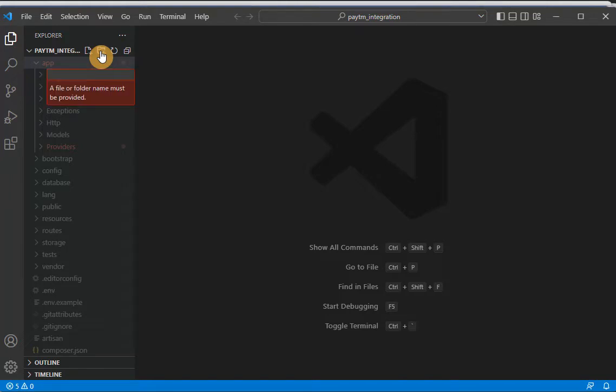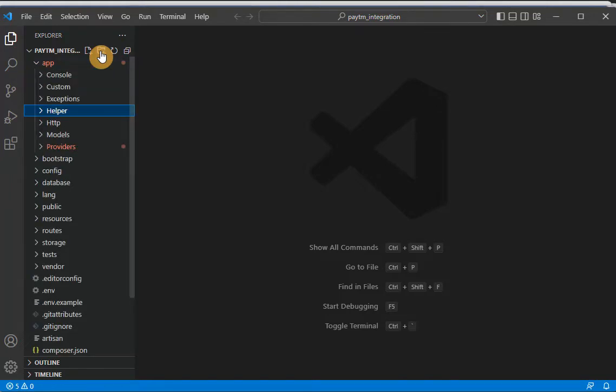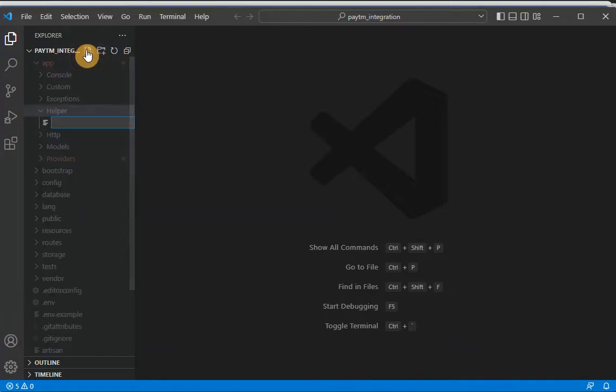Let me make H capital. It is not required to make it capital or lowercase. It is up to you what you want to make it. So here I have created one helper folder. Inside this helper folder, I am going to create one file that is app_